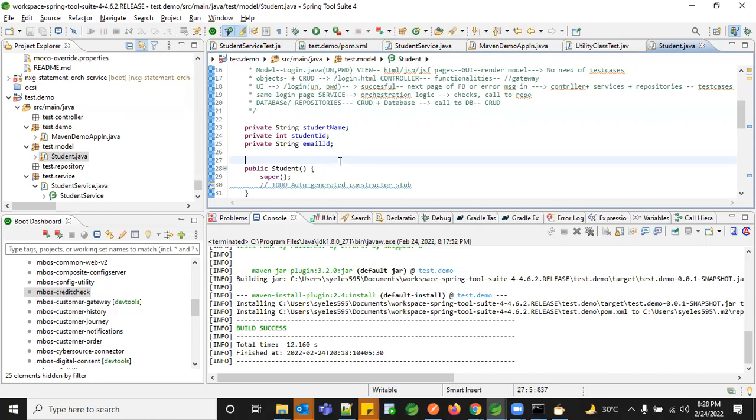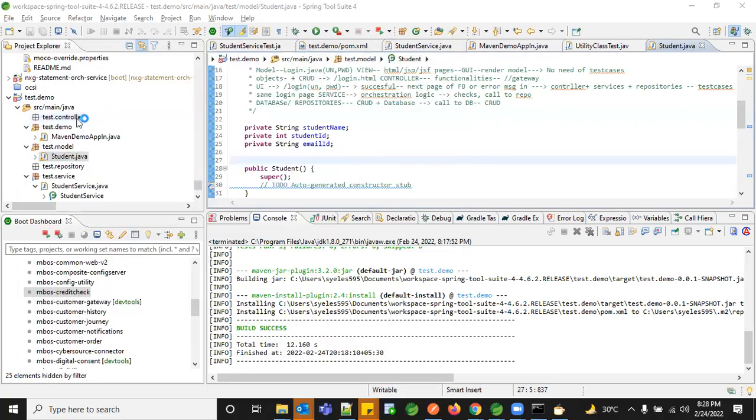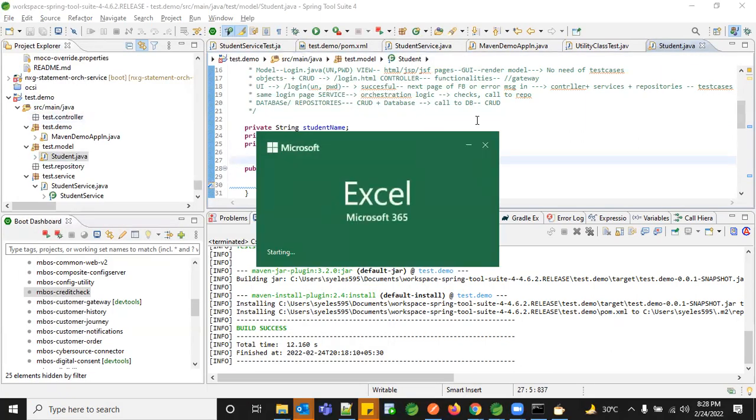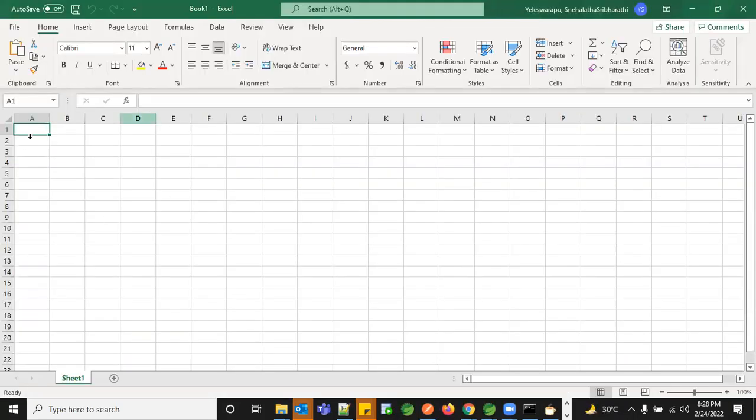So the main thing is that the comma separated file is easier to read, and the parsing logic is easier compared to Excel. We'll see how to do the Excel parsing also, because in a few cases you might need to write your own logic on Excel too. But what is a major difference is that in Excel you have to read everything cell by cell, as row and column. The same thing happens in your CSV too, but since you have a separator there, it is not complicated to parse your data.